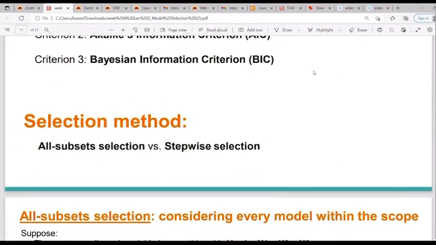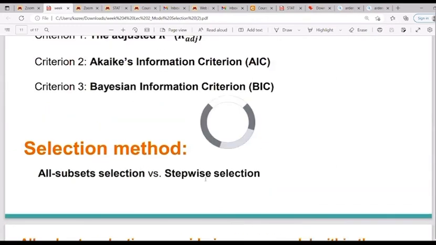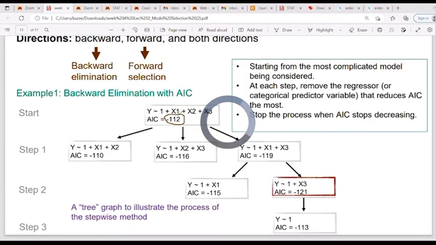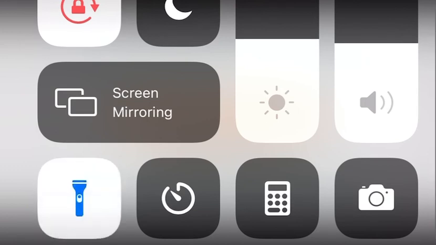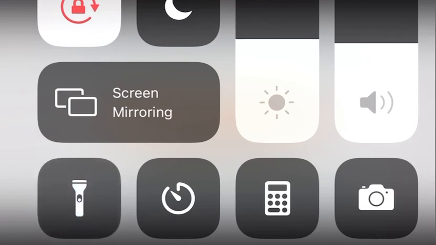The other time I said we got 2 different kinds of selection. Today, like I said, I'm going to be walking you through